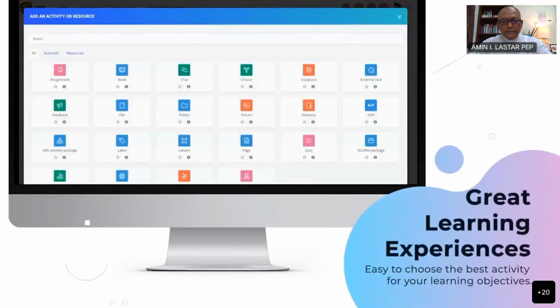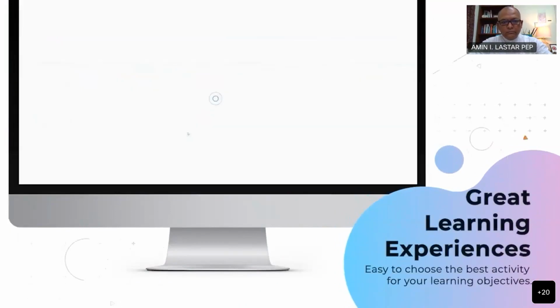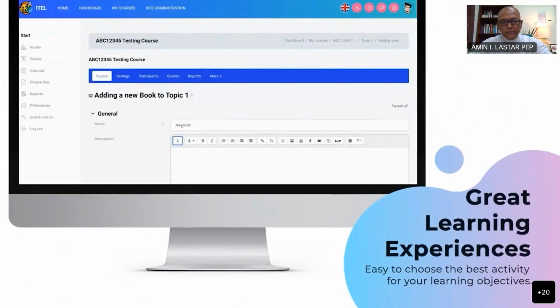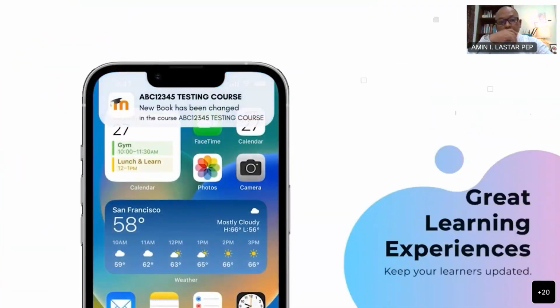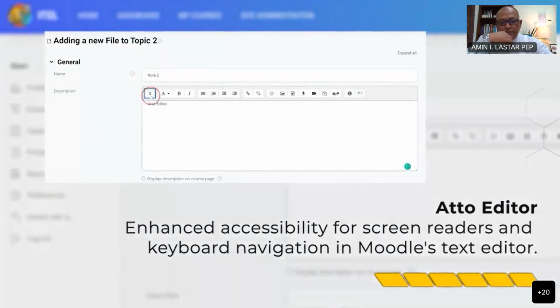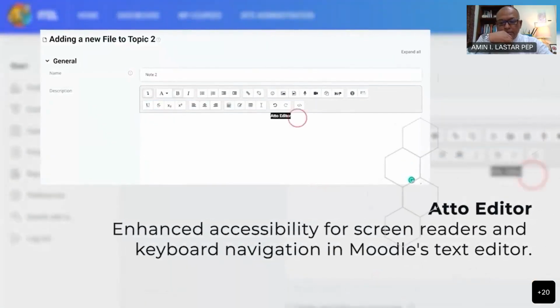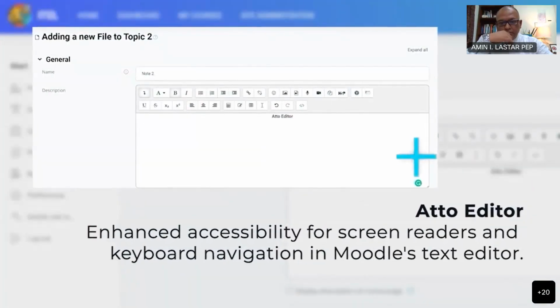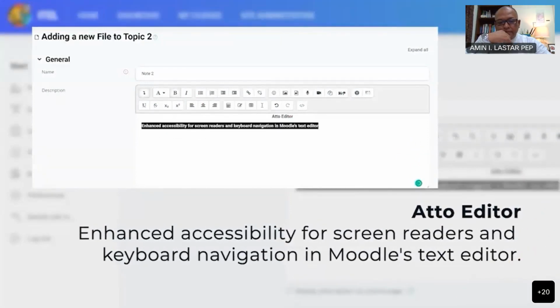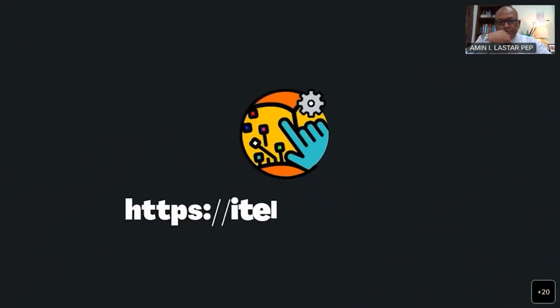Great learning experience. Categorized activities or resources make it easy for users to add materials according to learning objectives. We will send you a notification to keep you updated. Atto Editor: enhanced accessibility for screen readers and keyboard navigation in Moodle's text editor. ITEL. Learn remotely from anywhere.